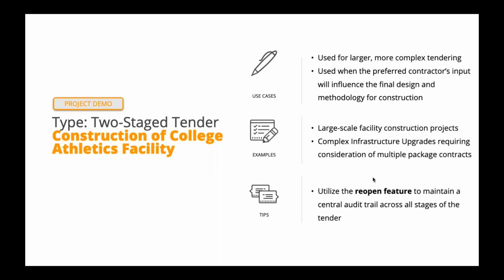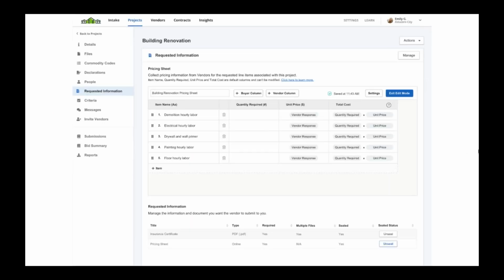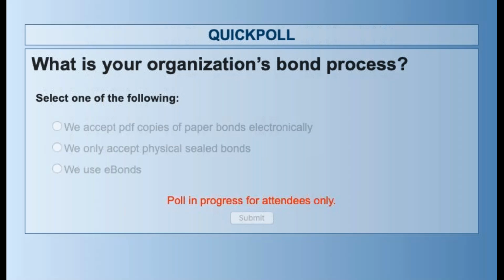Okay, great. So sorry to cut you off, Brendan. On that note, we're going to transition right away to Steve. So I'm going to run a poll very quickly, and I'll actually close it this time in a moment. I've learned from my mistakes. So in a moment, Steve, I'm going to give you the keys to share the screen. This will just allow ourselves, yourselves, and Steve just to understand sort of what your organization's bond process is to date. Doesn't mean where you want to go, it means your current state.